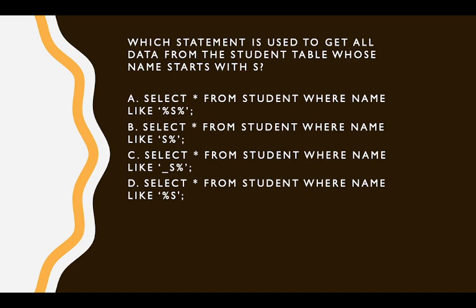Okay, so our question number 10 is, which statement is used to get all the data from the student table whose name starts with S? If you remember, we have done a very similar question in our SQL data science interview preparation playlist. This is basically testing your knowledge of the like operator, right? We know the like operator is basically used for pattern matching, and we have done, I think, a number of questions on like operator. So the percentage symbol in the syntax of like operator means zero or more characters next to where it will be used, whereas